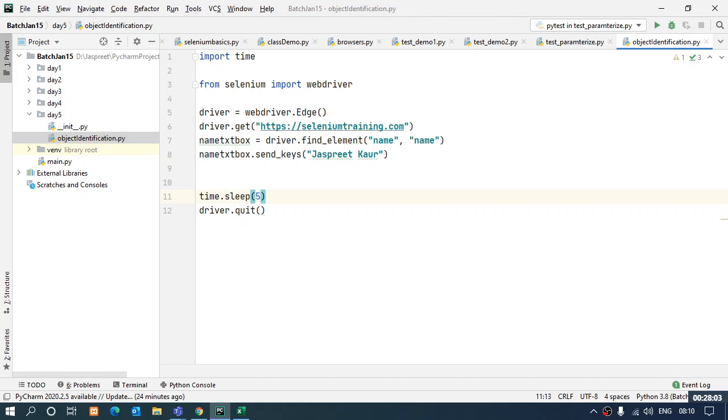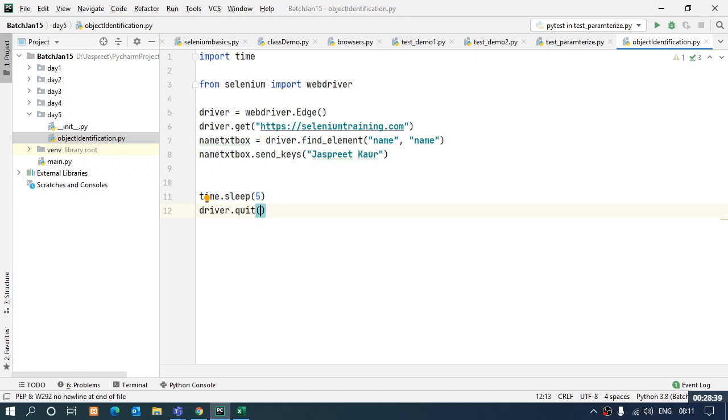So over here now all you guys can see the final file which has been written till now. I have entered 5 seconds over there, so what time.sleep will do is it will pause my code for 5 seconds, and after that it will proceed to the next command. This is what time.sleep is going to do.